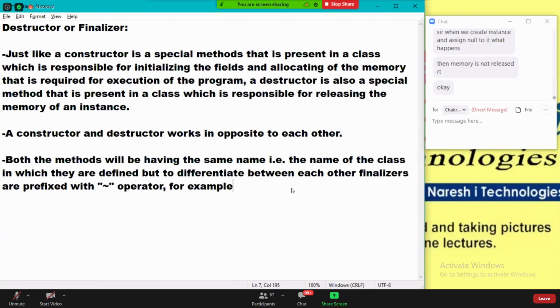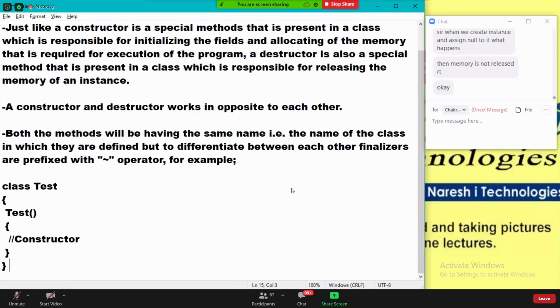For example, class Test. If you write it like this, what is it?